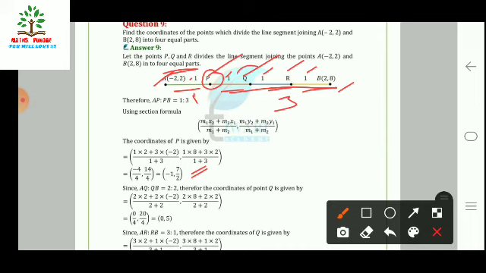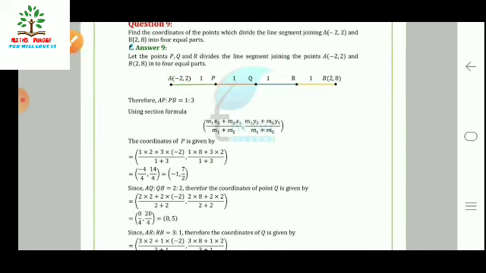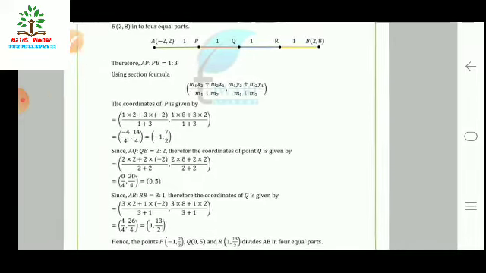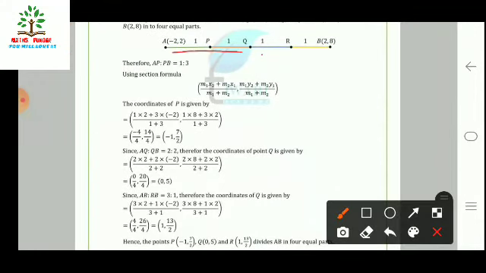Now we have to find the coordinates of Q. We can see here that the ratio is 2:2, which means Q is the midpoint. Because the ratio is equal, 2:2 is also the same as 1:1. So using the midpoint formula, (x1 + x2)/2 and (y1 + y2)/2, we can easily find the coordinates. Using the ratio formula, the coordinates also come out the same, (0, 5).